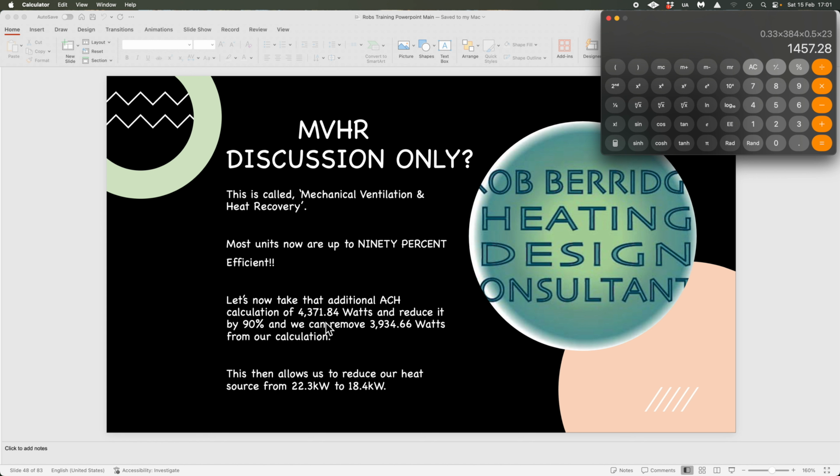So your air change rates wouldn't change necessarily from your fabric heat losses. So if we had our original unit of 6 kilowatts, that we'd done the fabric improvements and put the loft insulation in, and we got that fabric heat loss down to 6 kilowatts, let's then do our air change rates again, but let's just do them as they stand. So we're taking off